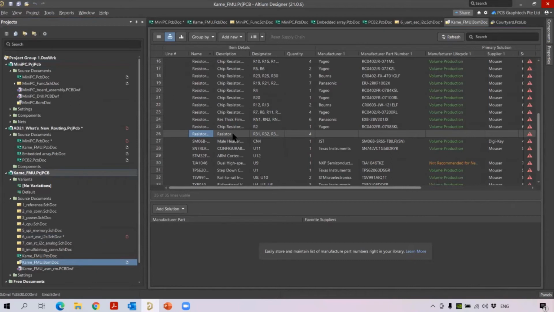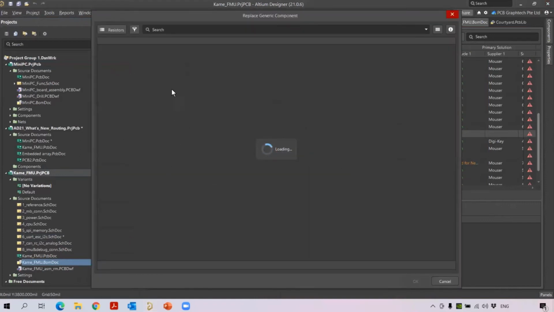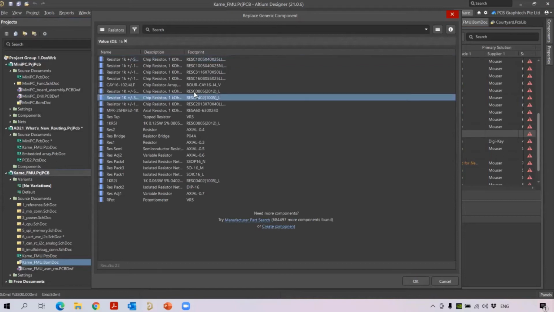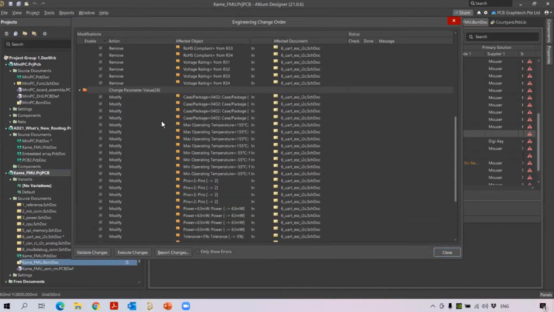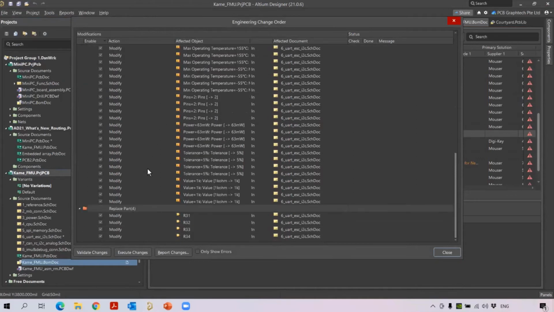So to bring in the advanced stage, to add the new component, to change the component, we can just right click and go for the operation, change the resistor 1 kilo ohm. Once you go and change here, it will show you what are all the resistors related to 1K we have. From this you can choose which resistor you want to use. So for example, let me choose this resistor and then click OK. When you add that, automatically it will show you the old parameters to be removed and changed to the new parameters for the particular resistor.